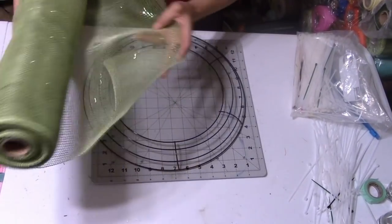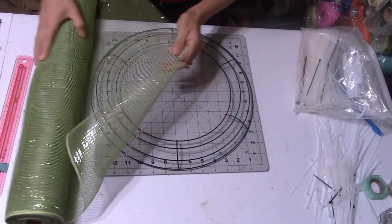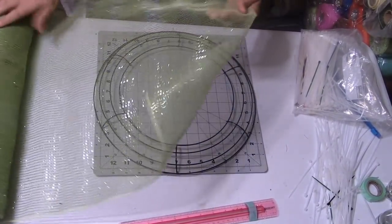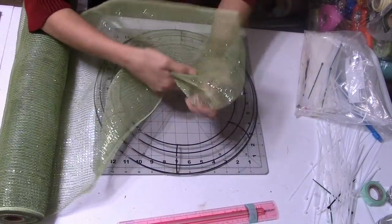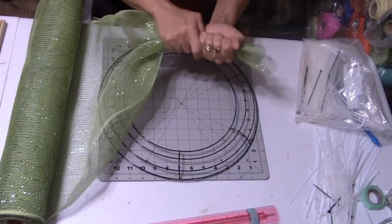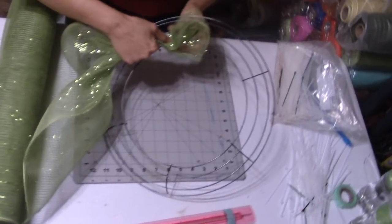So anyways, just like yesterday, what we're going to do, and I'm going to do it like this because it's the same on both sides, okay? So I don't have all that hassle of moving it around like I did last time. So you're just going to bunch it up. Same exact method. You're only using 1 bar for this. So we're going to go underneath,